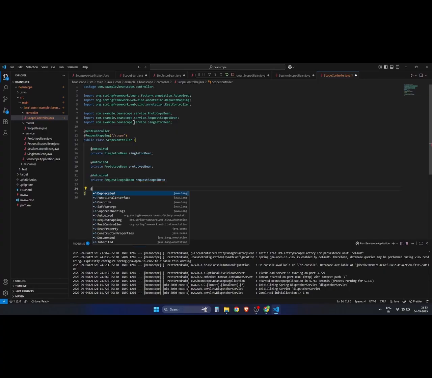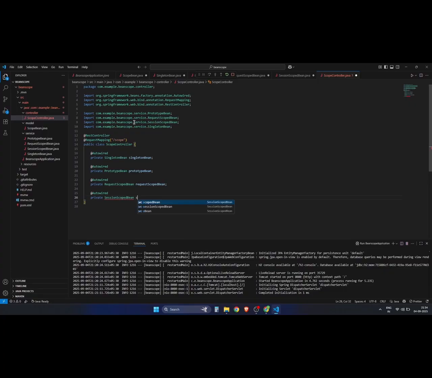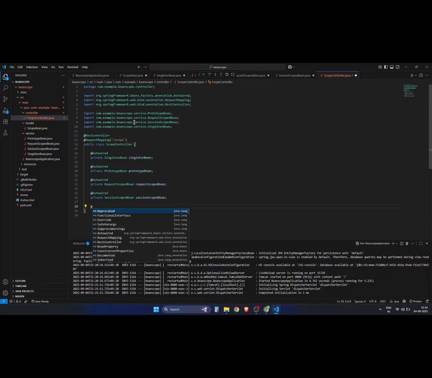We have to make another one for the session scoped. So @Autowired, private SessionScopedBean, and name it as sessionScopedBean, semicolon here. Yes, now after this we have to